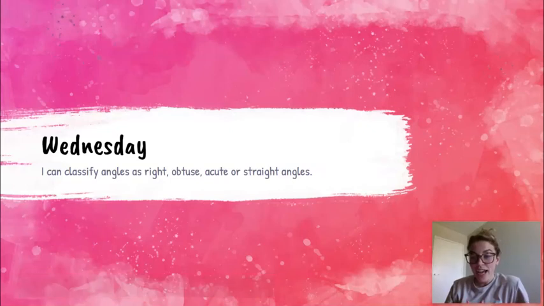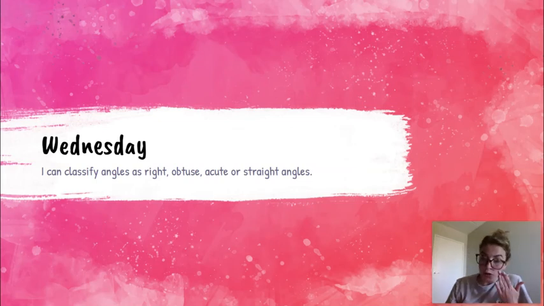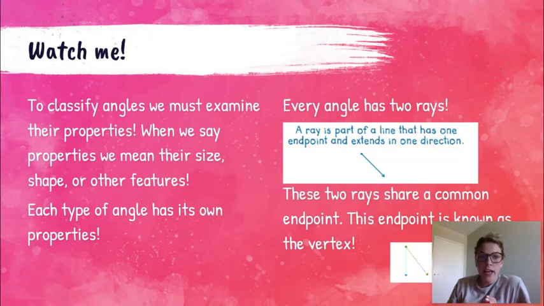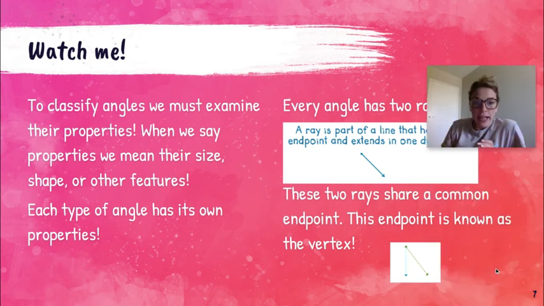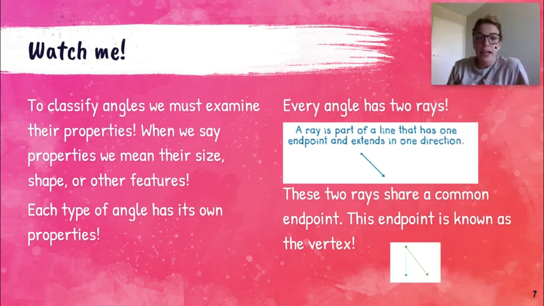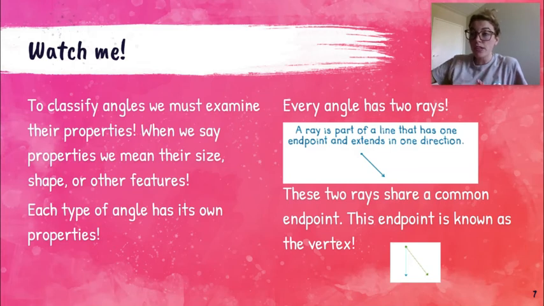Fourth graders. Today we're going to be classifying angles as right, obtuse, acute, or straight. Okay, so when we're classifying angles, it's really important that we examine their properties. And when we use that word properties, we are talking about their size, their shapes, all the different features that they have that make them that type of angle. Okay, so each type of angle has its own properties that we can examine to put them into those classifications